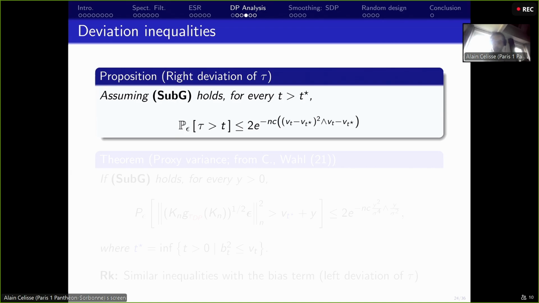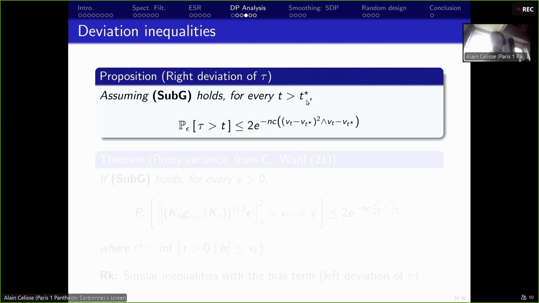This is the only thing we are using here. And also that the kernel is bounded. I did not write it here, but it should be written. The kernel is bounded. These are the two things we are using at this stage. As long as you use these two properties, then you're able to prove that for any t larger than t